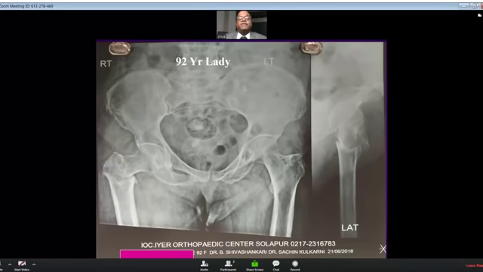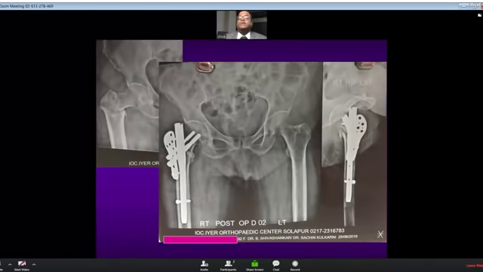So because of severe osteoporosis, I used this Dr. Shivashankar Benjale's trochanteric buttress plate, and I have compressed the fracture site beautifully against this plate. If I had not used this plate, I would have compressed definitely against the nail. But because of severe osteoporosis, I thought it's prudent to use this plate in this case. So this is an option you have got.